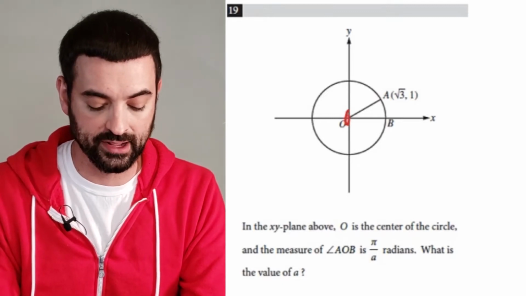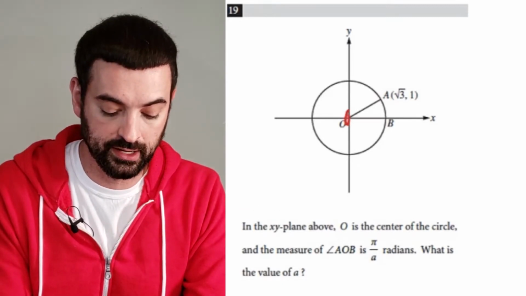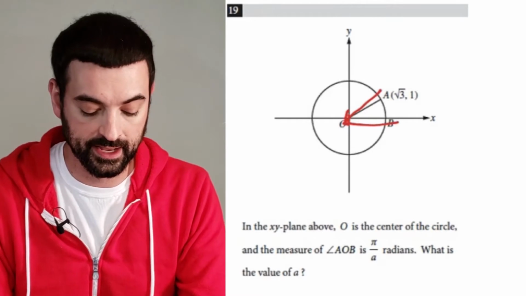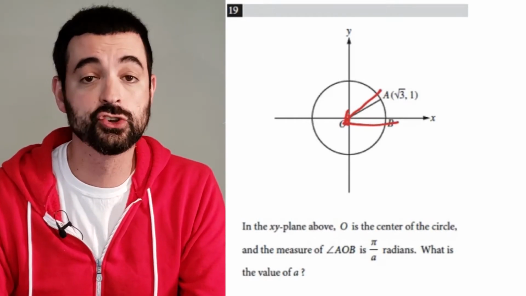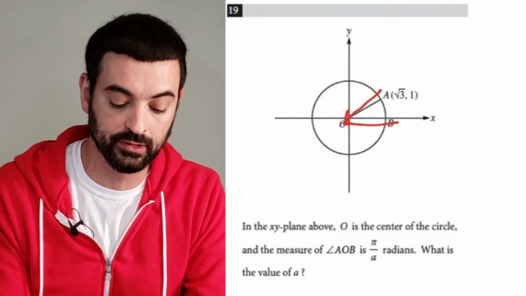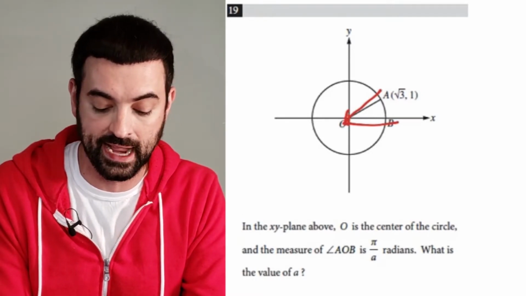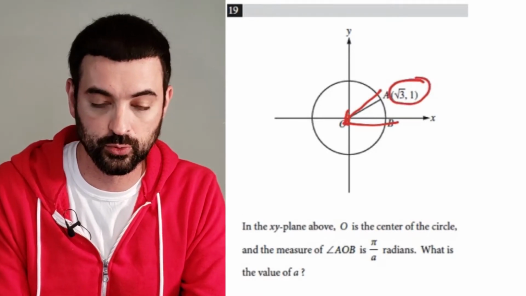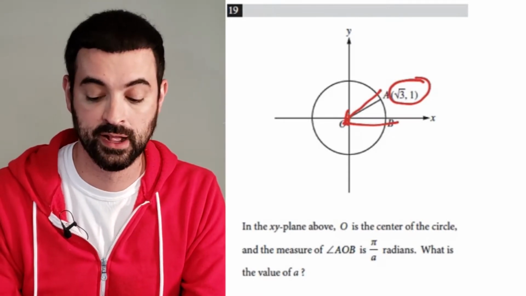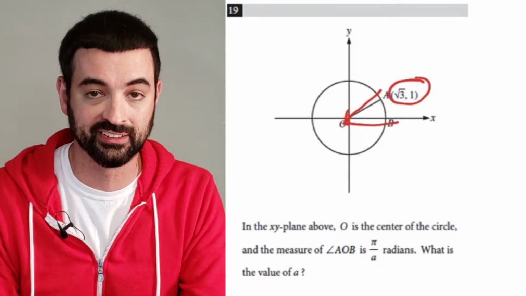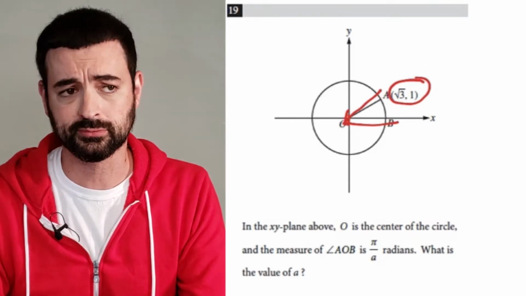And the measure of angle AOB is pi over a radians. What is the value of a? You might feel completely lost, but look at the coordinates of point A: root 3, 1. This should be an indicator that you should be making a 30, 60, 90 triangle,